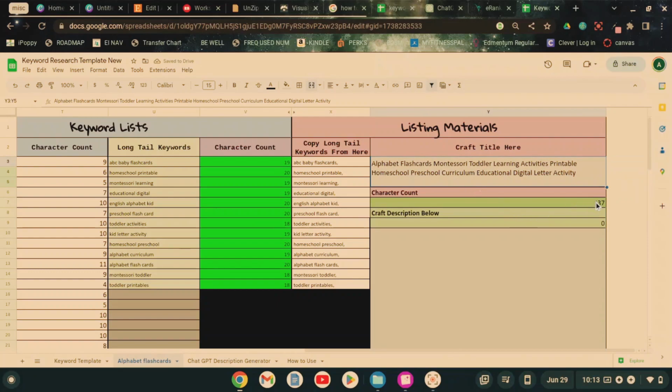Now we've got 137 characters. If you don't know, you are allowed 140 characters for your title. So we want to make sure we're getting pretty close to that. You don't have to use the entire title, but we want to get as many quality keywords in there as we can. So with this one, for example: alphabet flashcards, Montessori toddler, learning activities, printable, homeschool, preschool curriculum, educational, digital,